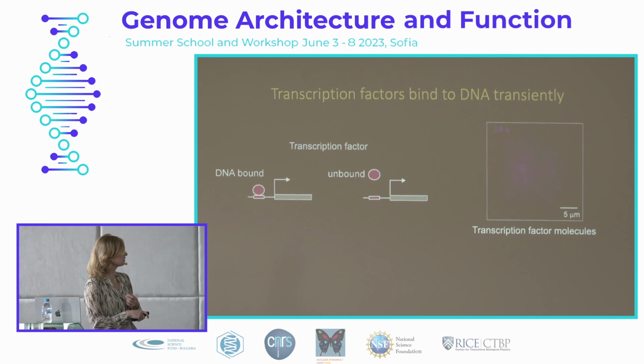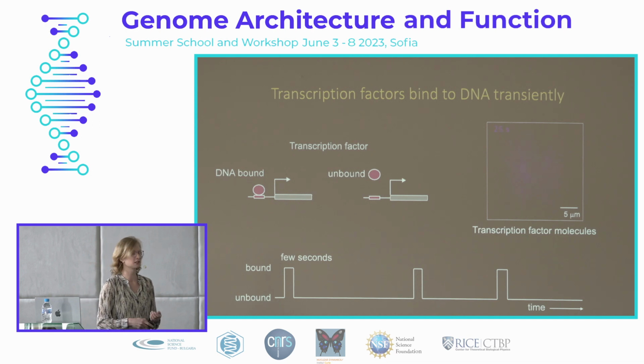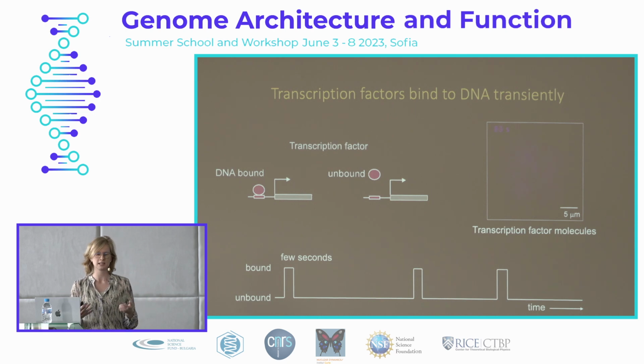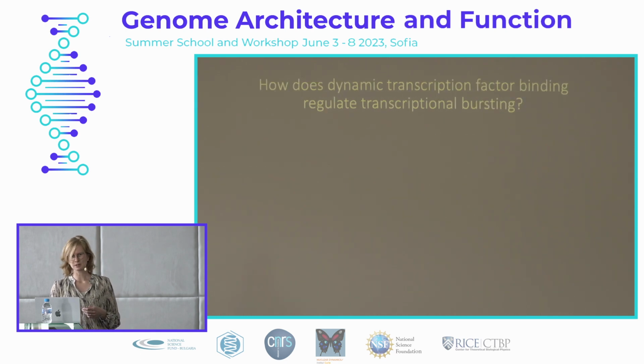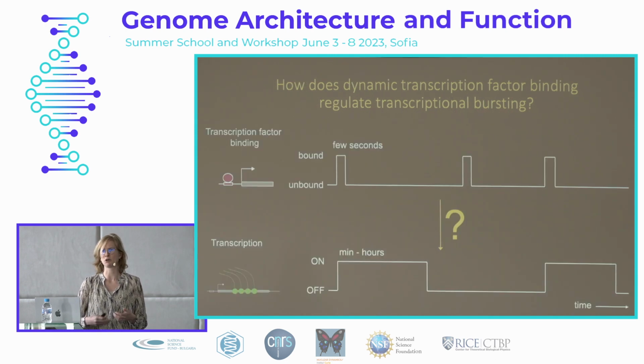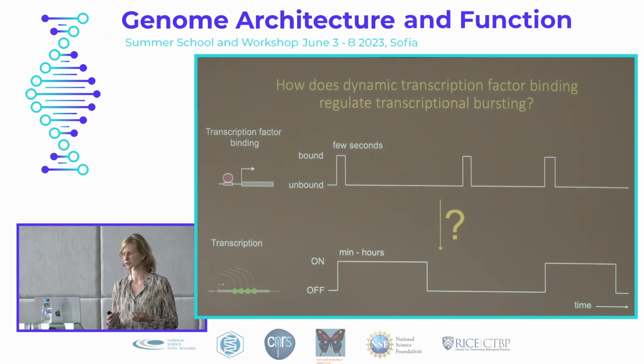You should be seeing dots here of individual molecules, where you can see when they are less mobile, so we think that they bind DNA, and that this occurs very shortly. Schematically on a single gene, you might imagine something like this, where a transcription factor binds for a few seconds, but it also releases, and so there are long periods where there's no binding. One of the major outstanding questions in the field is how this very transient binding can result in robust transcription activation. In other words, how can we go from this few second transcription factor binding to this minute or hour-long burst, and how can we connect these different time scales?